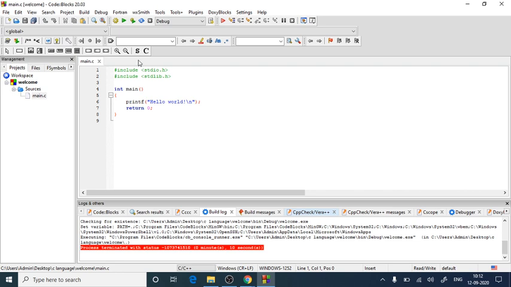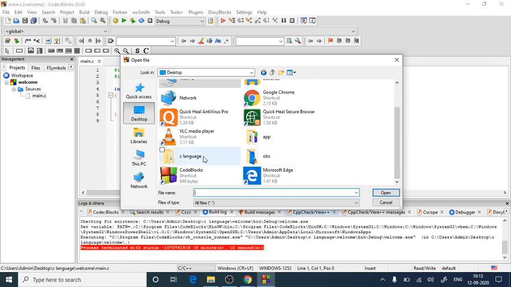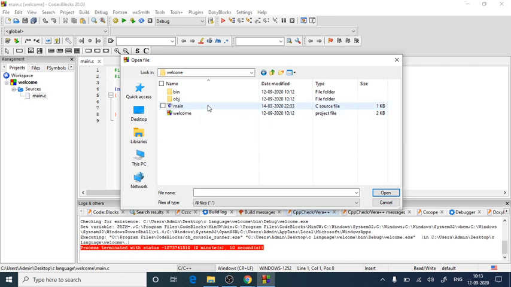So this way you can make projects. Now if you want to open any program or project, we will simply go to file, click on open, and go to the same path on the desktop, that is the C language program folder. Yes, it is. Now here you can see we have made many projects. This is today's project, welcome. Double click on that. You can see the main file which we ran previously. It's a C source file, that's why it has a .c extension. Whatever programs you make under this project will get listed over here like this.